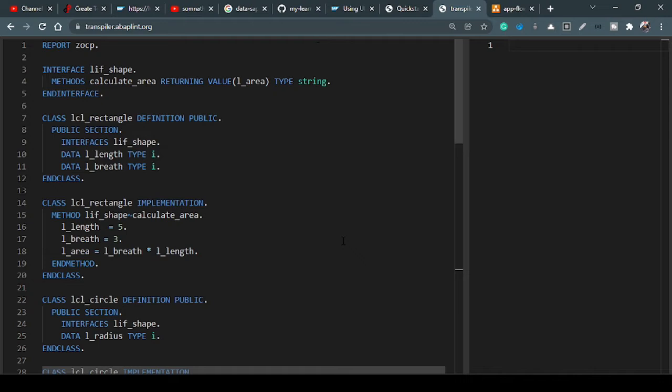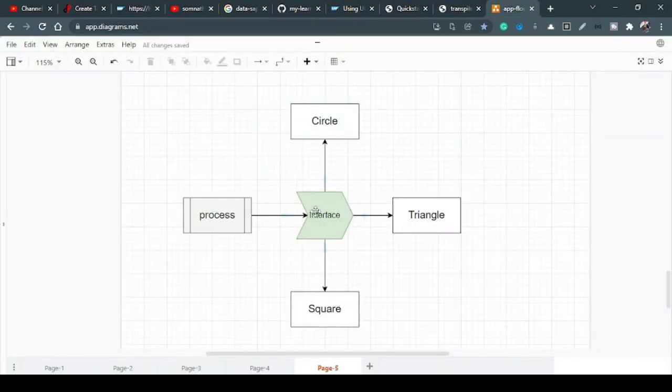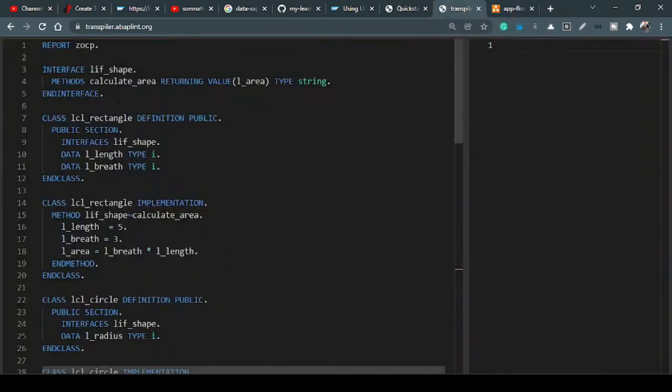So here's my ABAP transpiler, and I have written the code for you just to save certain time. So we'll start with an interface first, as we discussed. This is the interface that we're going to create first. And I have given a name of a method called calculate area, and it returns an area value as a